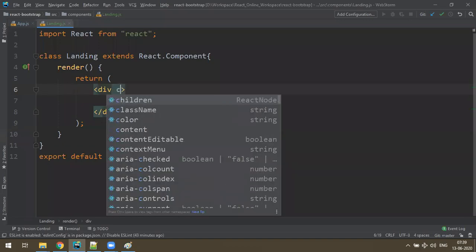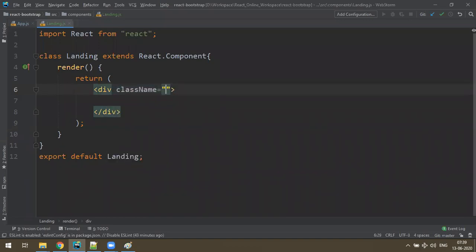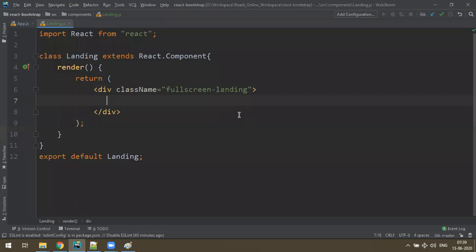To make a landing page, I'll do one thing. This division, I'll give a class called my own class. Let's take full screen landing. Actually, I wanted to create a nice layered one: a background image and a nice dark color on that, and some text. So this is the full screen landing division.